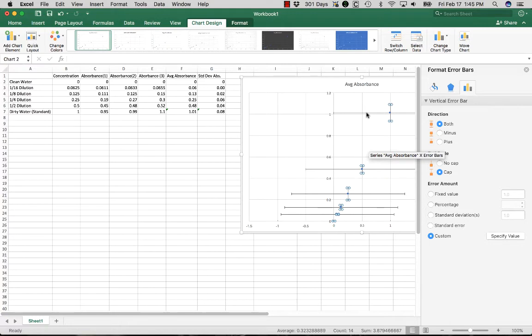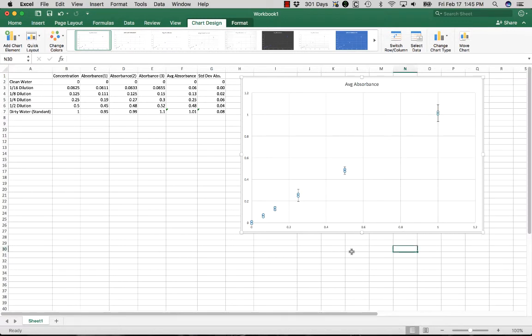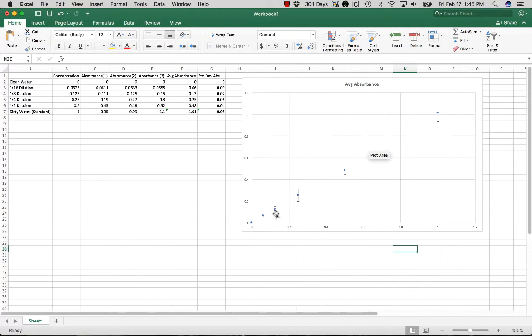We don't have error bars in this particular case for concentrations. If you did do error bars on concentrations, if you made up multiple samples there, you could include those in this. In this particular case, we're not doing error bars in the horizontal sense, since we didn't take data with that. So I'm going to highlight the horizontal error bars and set their value to 0. And you can see there, if I do that, then I just have my error bars in the absorbance direction,